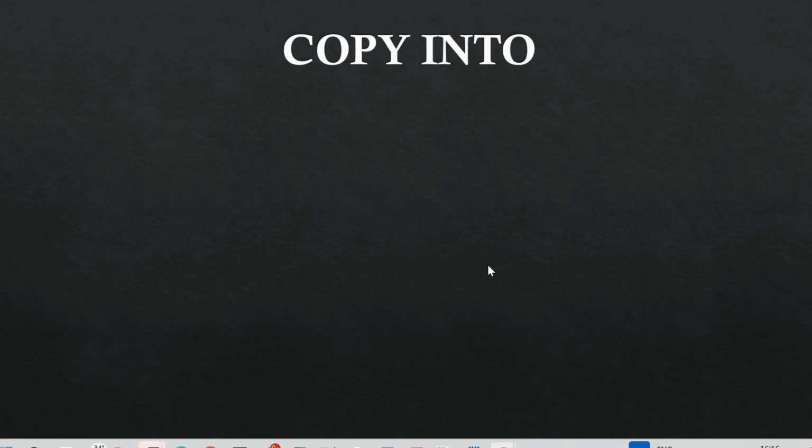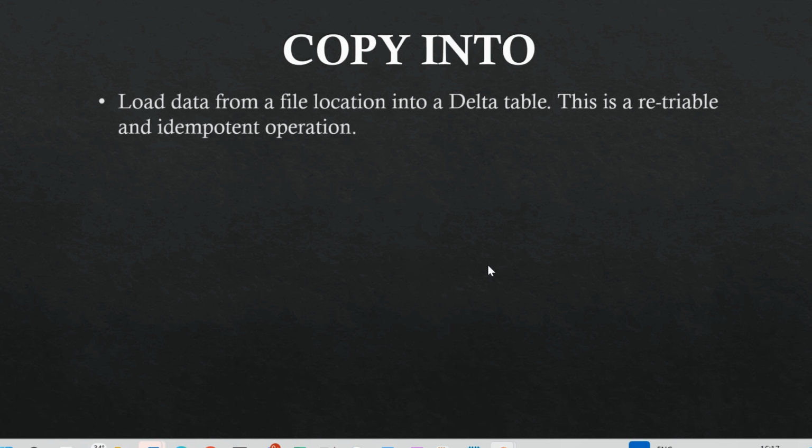So in this, the only difference is that if there are millions of files, then it's beneficial to use Auto Loader. But if it's thousands of files, then you can use COPY INTO, because COPY INTO cannot be used for a lot of scalable purposes. In the case of Auto Loader, it can be scaled a lot because you have your file detection method in which you can create your Event Grid, and using SNS and all, you can notify the services, right? So that's the benefit of Auto Loader. But if it's in thousands of files, then go ahead and use the COPY INTO method.